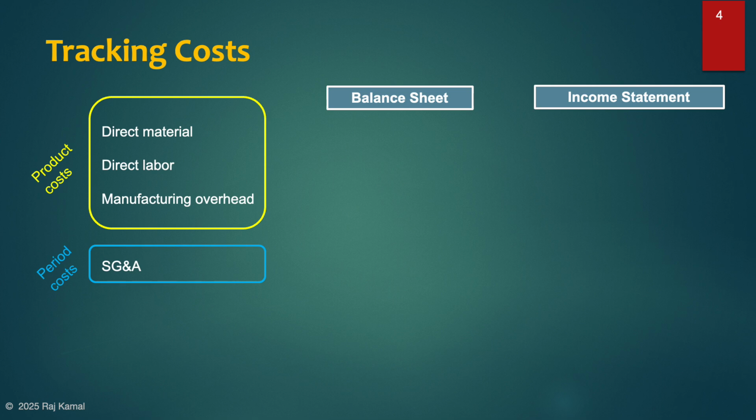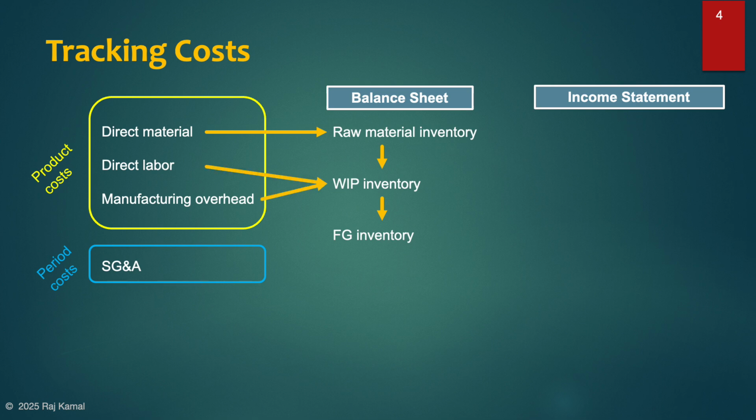Now, let's see how they track in the balance sheet and the income statement, two of the three foundational financial statements. So on the balance sheet, you will record assets like raw material inventory, the work in progress inventory, and finished goods inventory. So direct material obviously connects with raw material inventory, and direct labor and manufacturing overhead, including the direct material cost related to the work in process inventory, are tracked there, and the finished goods inventory stays on the balance sheet